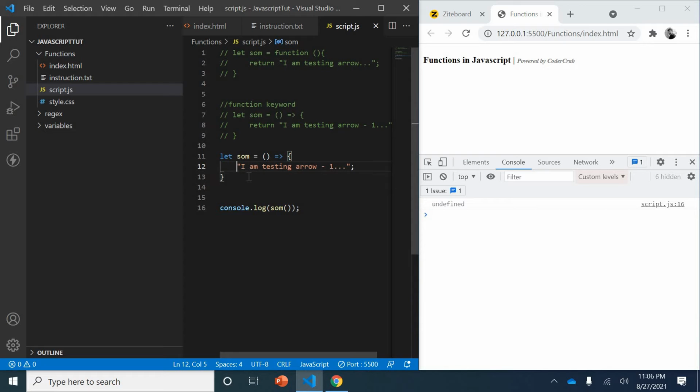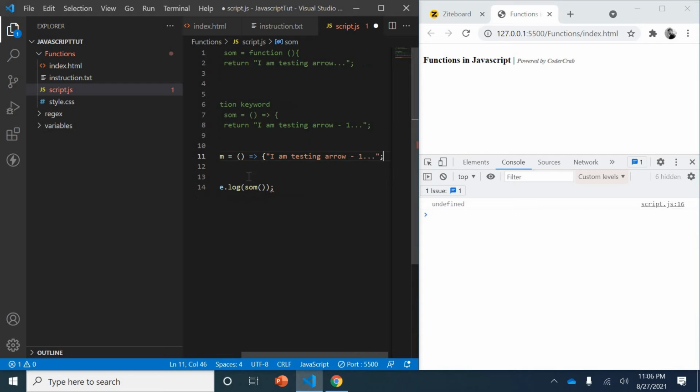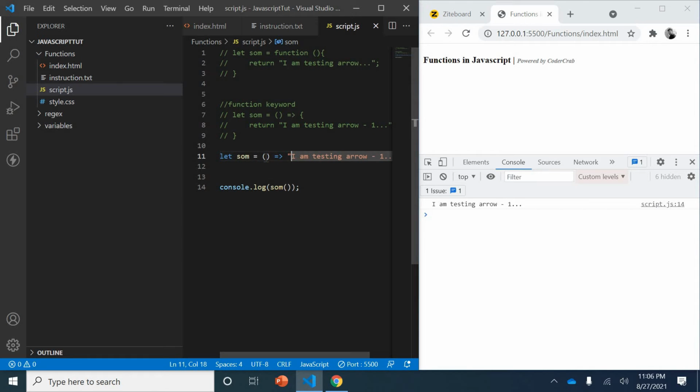Yes, it is undefined. So I'll take this out and this out. Save it. It's pretty simple, it is just a single line, right? So here we got rid of two things: the return keyword and the curly braces.